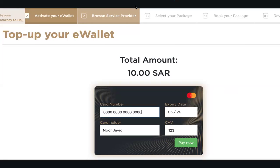Now, the secondary issue with the credit card payments that's happening is that there's some people who made payments and their payment is not showing up on Nusuk. Basically, the e-wallet is not being updated with the amount that was topped up. We were told that it should have been resolved by now. So if you are still having that issue